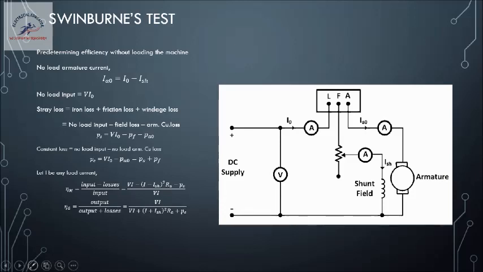When it is working as a motor, from the supply current, part of the current goes to the field and the remaining goes to the armature. So this is the directional difference we have to understand. For a motor, supply current is equal to armature current plus field current, because the supply current has to supply both armature and field. For a DC generator, load current plus field current is armature current, because the armature has to supply the load as well as the field. If you understand these two terminologies, finding these equations is not at all difficult.